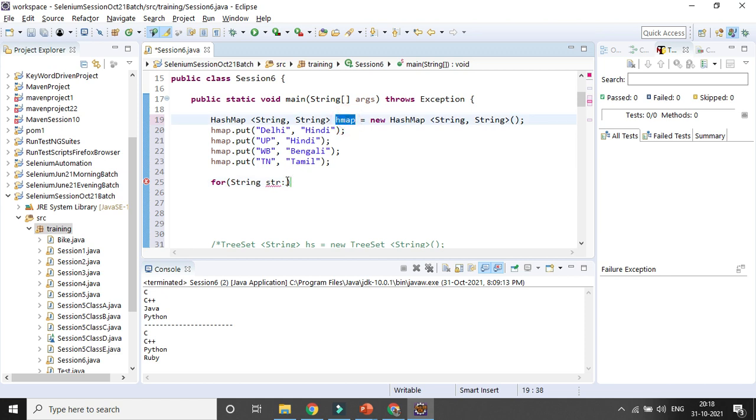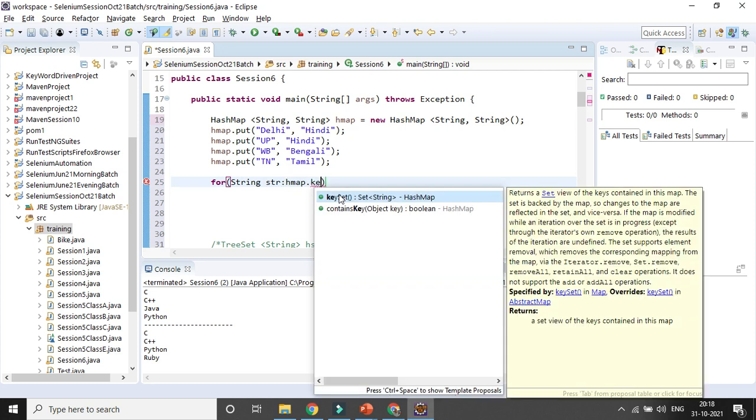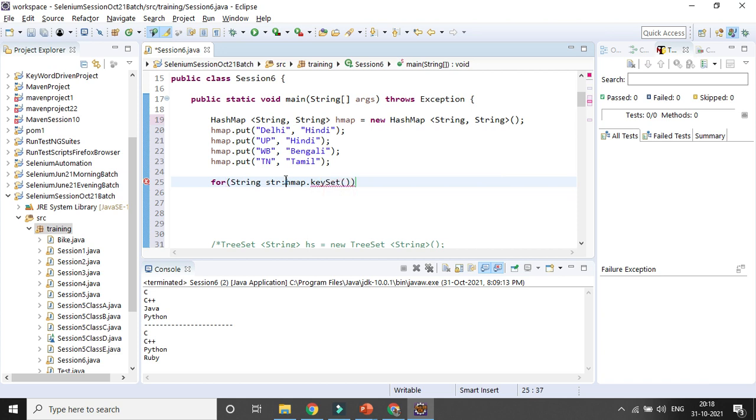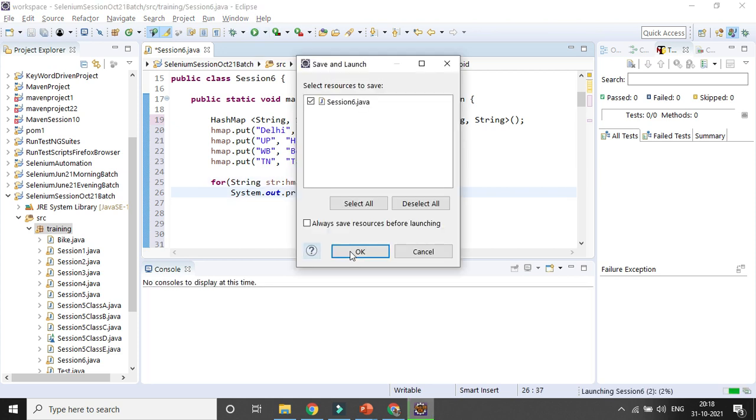That is a simple way to give you the key set. Then you need to print it out. It will give you only keys. You can see Delhi, Tamil Nadu, UP, West Bengal. This is not in an ordered way, but those are coming.